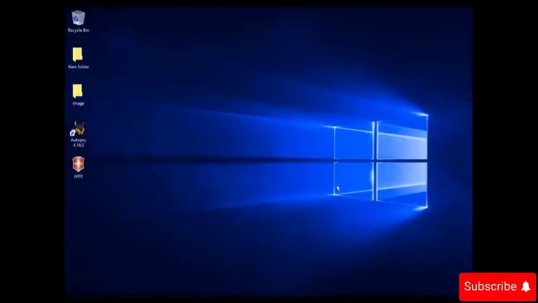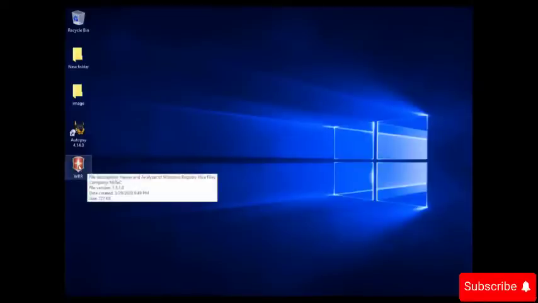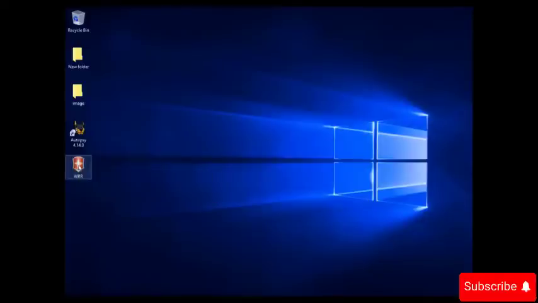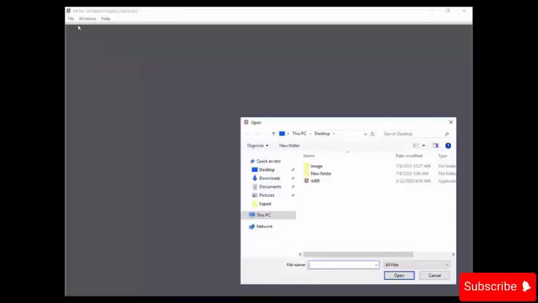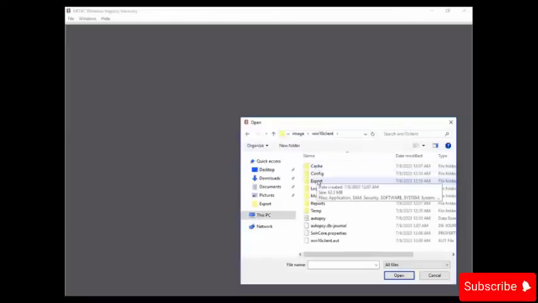In this video, you will learn how to export the registry and read the files using Windows Registry Recovery Tool, that is WRR, this one. And the company name is MITech. So just double click on it. So you can see the complete name is MITech Windows Registry Recovery. Now go to File, click on Open. Now select the location. So desktop, image, Windows 10, and then export.